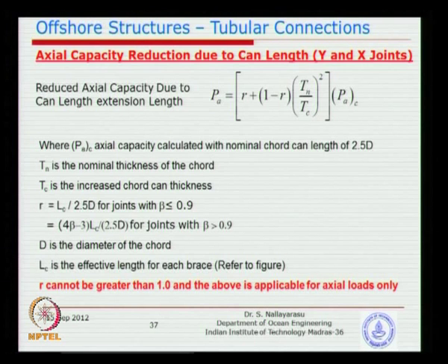There is a reduction formula. If you see this formula, it is to calculate the reduction in the capacity, because we are not providing 1.25 on this side and 1.25 on the other side, that means making them 2.5 times the diameter. Of course, if you go and provide it, nobody is going to prevent it, but that is going to be extra weight, extra steel. So, what we try to provide is what is mandatory, because this 2.5 times the diameter is not mandatory, it is left to the designer's choice.